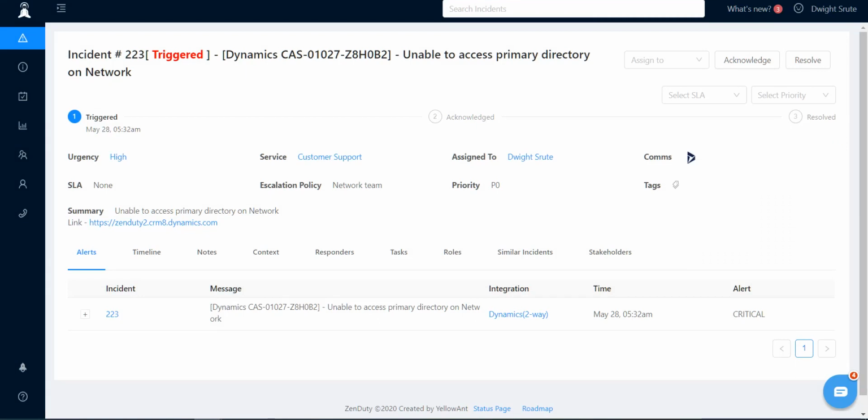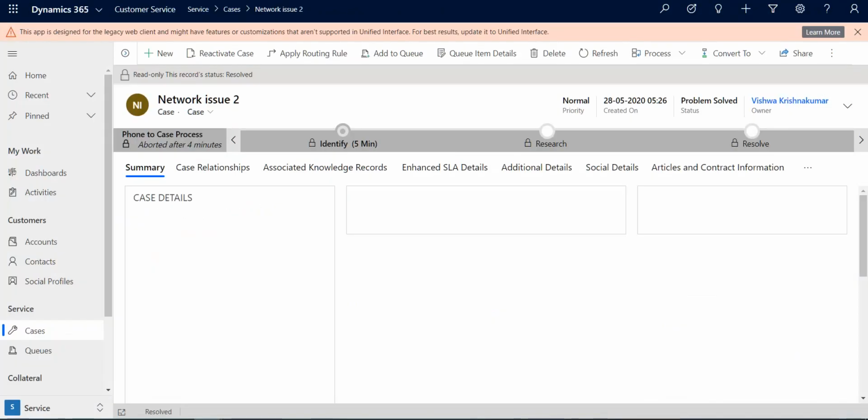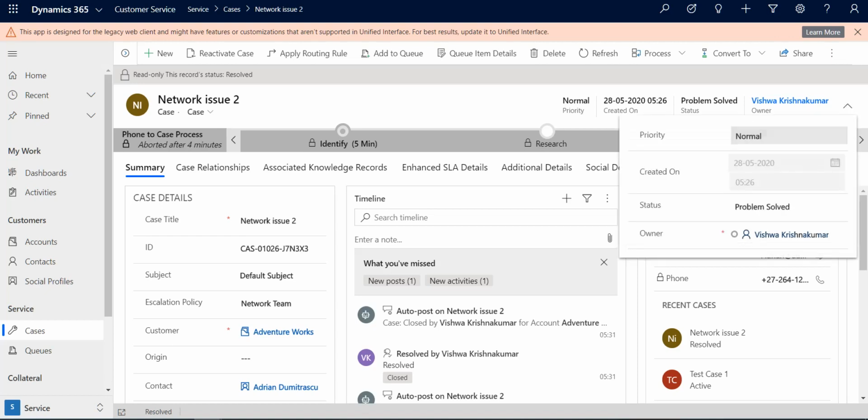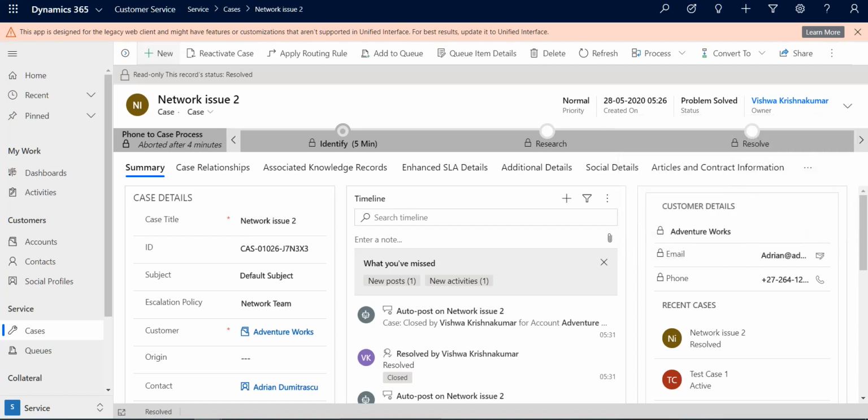So since you selected a team, Zenduty routed the alert to that team's escalation policy and alerted that person. Now, specifically what Zenduty will do in this case is wait for somebody from that team to see the alert, either the alert message or the alert summary, or the alert SMS, or the message on Microsoft Teams, and it will wait for the support engineer to come in and transition the status of the case